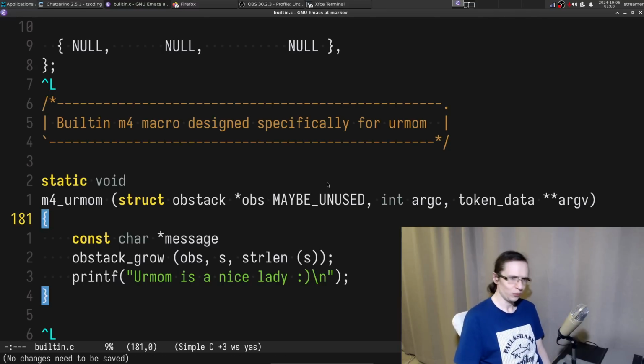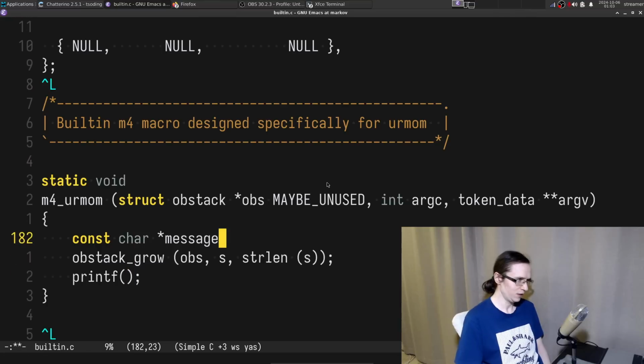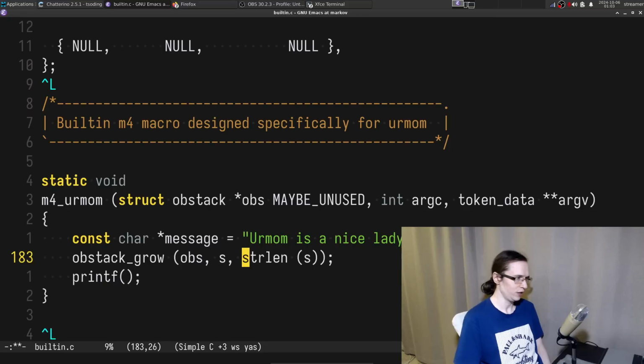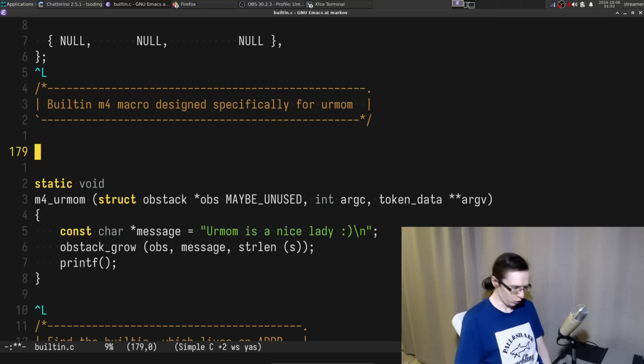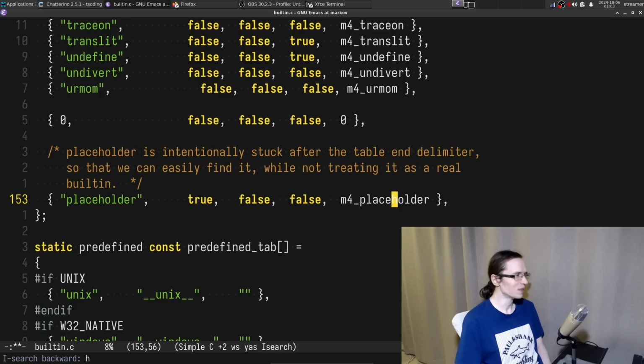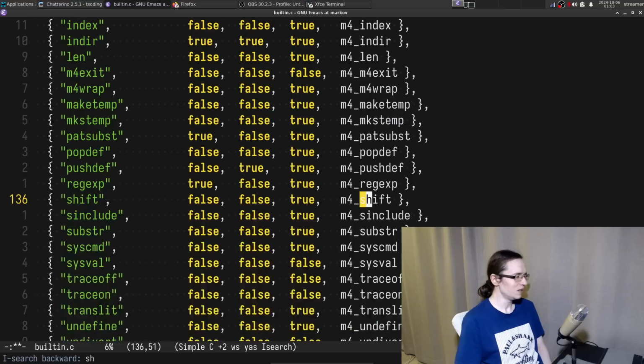So anyway, what we need to do is take the your mom message and put it into a separate variable, so then we can actually ship it out. We're shipping out the string. There should be a function to ship out the string. Where is the ship out?